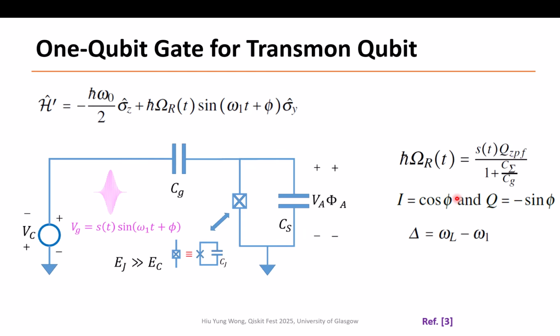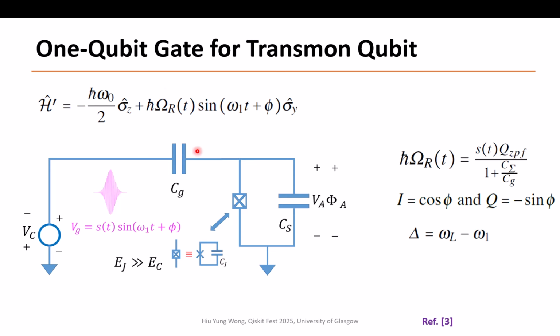Okay, so we talked about how to form one qubit in a superconducting quantum computer: you use an LC oscillator with a Josephson junction, and you have two levels. Fine. So this is the Josephson junction, and this is the transmon qubit in circuit symbol. How do we operate it? It turns out to be very classical. All we need to do is capacitively couple it to a voltage source. As I said earlier, you just need to generate the right shape of pulse. This pulse has an envelope S. It also has frequency omega 1. It has an initial phase phi. And with this, you will